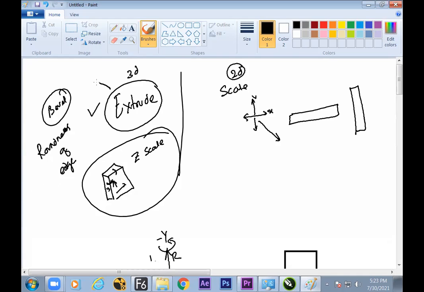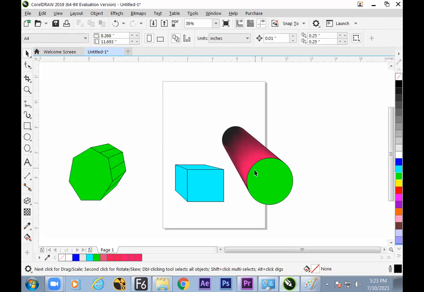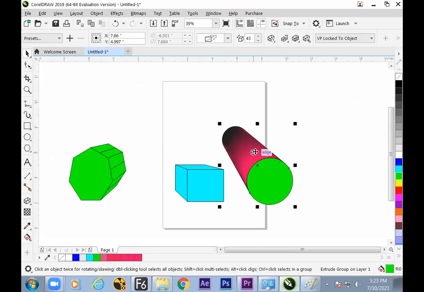So bevel is a word which is related to 3D extrude only. The edge roundness is technically called bevel. Fine, here we can see this is the edge and we need it to get round. It is fake roundness. There is no actual roundness. They arrange the things in such a manner that it looks like round.